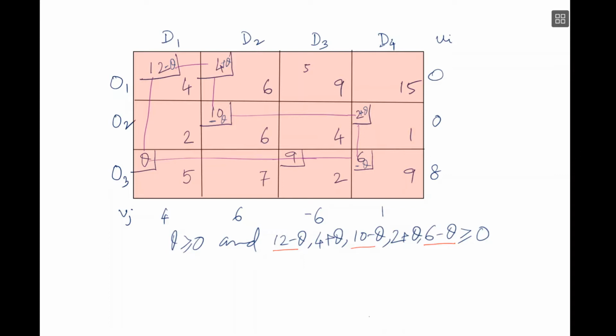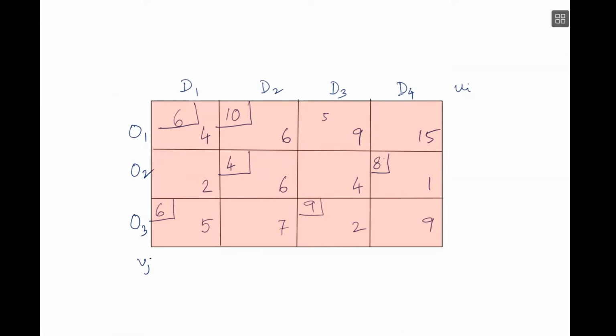So the maximum value of theta we can choose is 6. So we choose theta equal to 6. So the cell 3, 4 will become now a non-allocated cell, that is a free cell. And the next allocation table will be